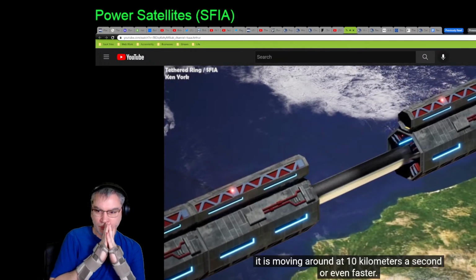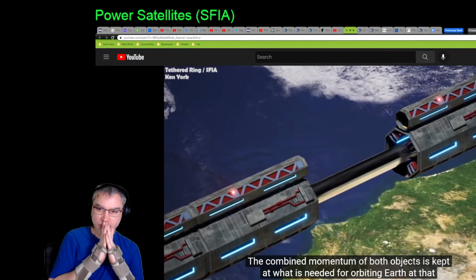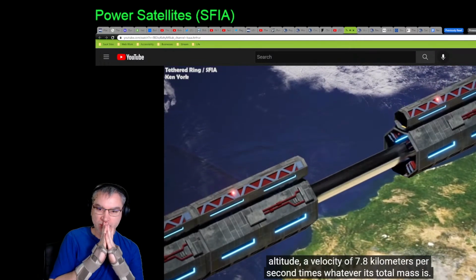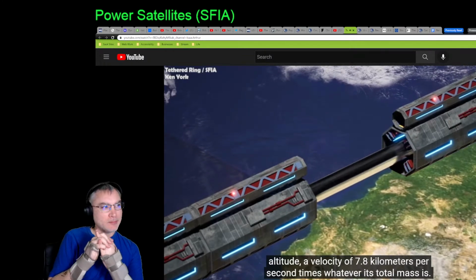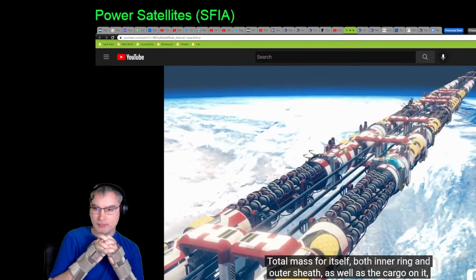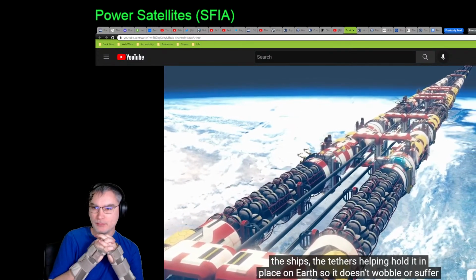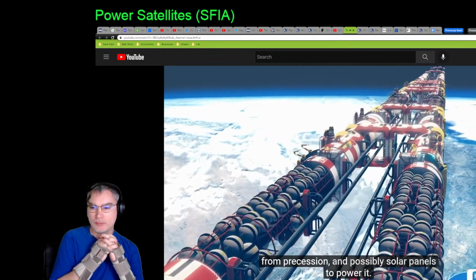or even faster. The combined momentum of both objects is kept at what is needed for orbiting Earth at that altitude, a velocity of 7.8 kilometers per second times whatever its total mass is. Total mass for itself, both inner ring and outer sheath, as well as the cargo on it, the ships, the tethers helping hold it in place on Earth so it doesn't wobble or suffer from precession, and possibly solar panels